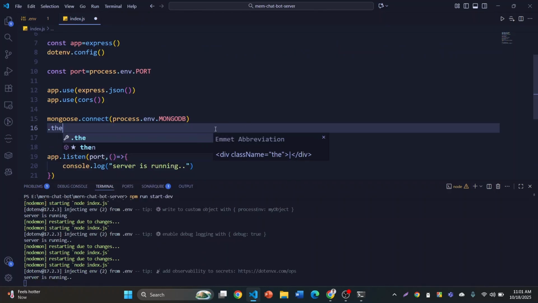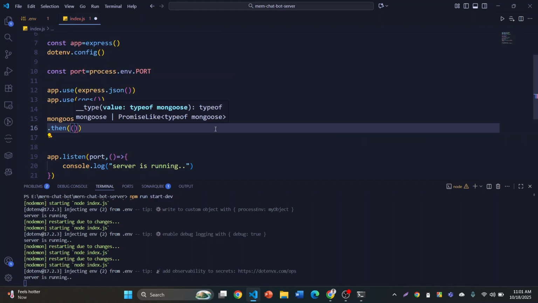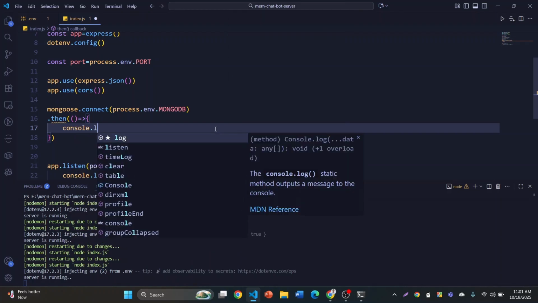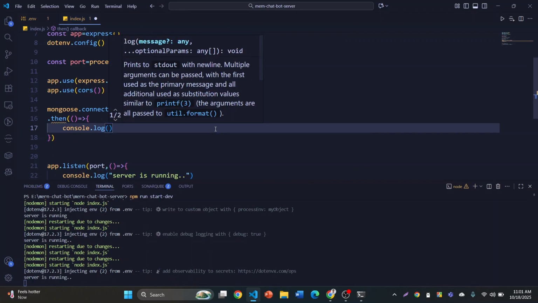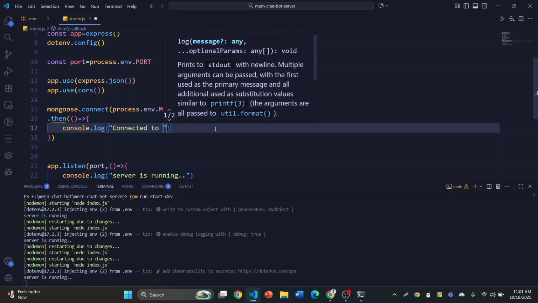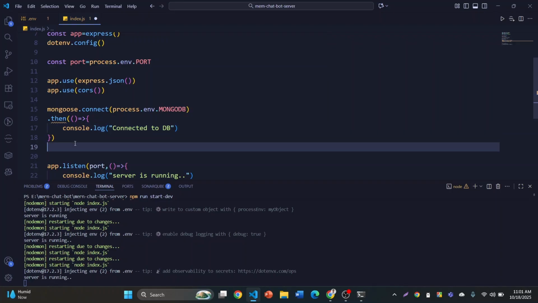Then we will use the then method. Then we will receive a callback. In then we have the callback for whether this connection is correct. Let's set a console log for success: connected to DB. And another is